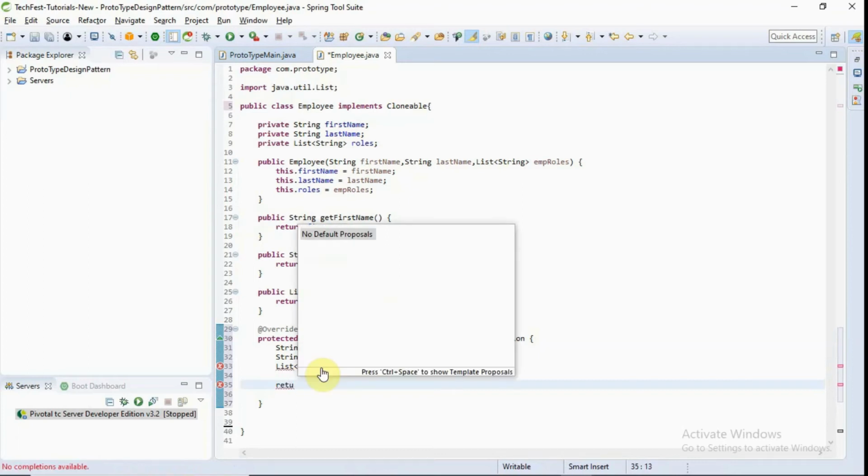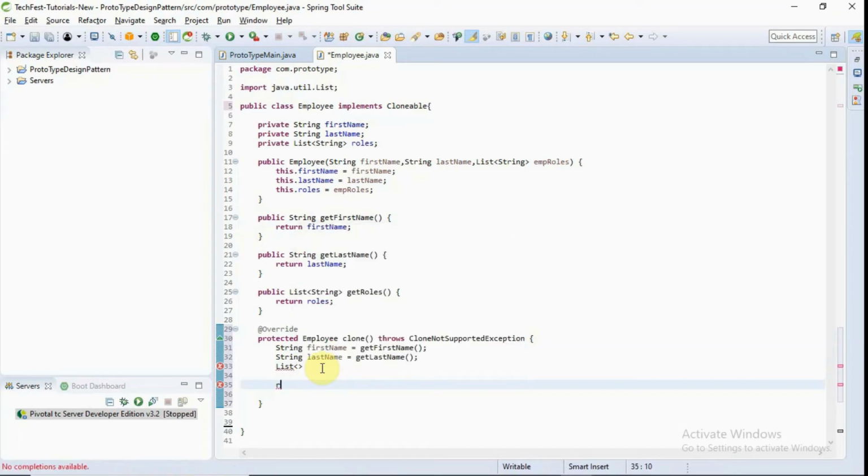So, before initializing the list, I'll tell you what I'm doing.